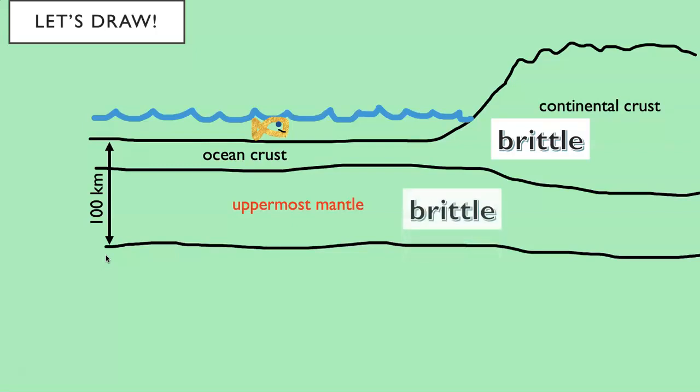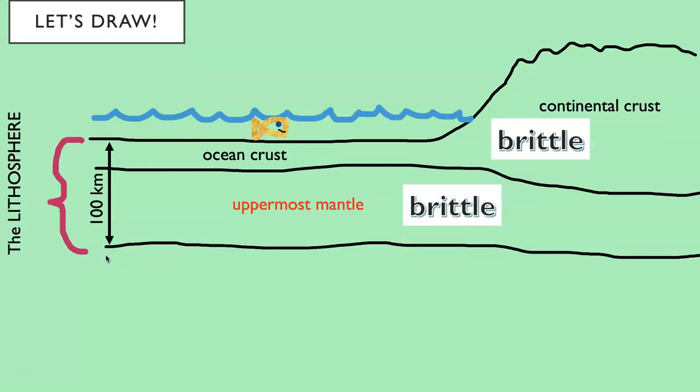And the uppermost mantle is also brittle. So these two layers together are actually called the lithosphere. Litho means rock. And so together, these parts of the upper part of the Earth are the plate in plate tectonics. The asthenosphere, which goes down to about 660 kilometers from the surface, is the next part of the mantle